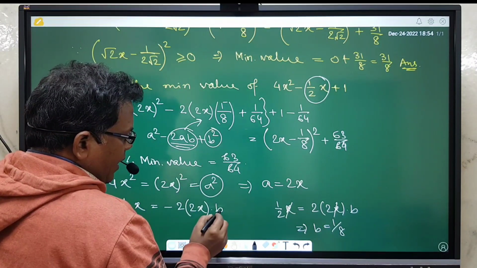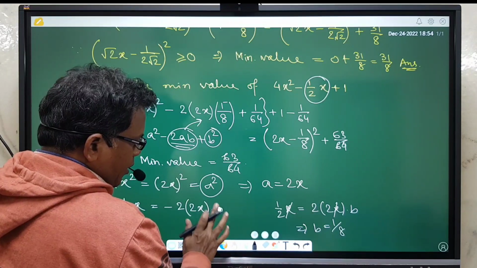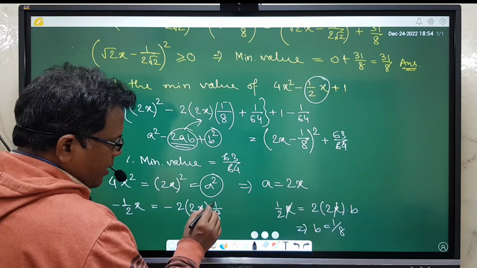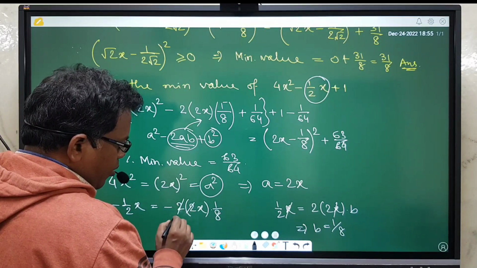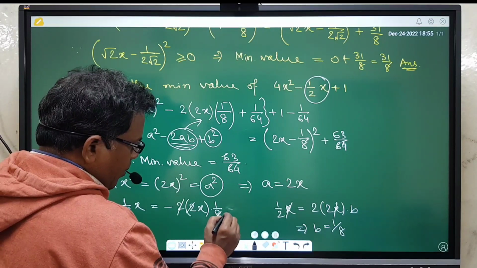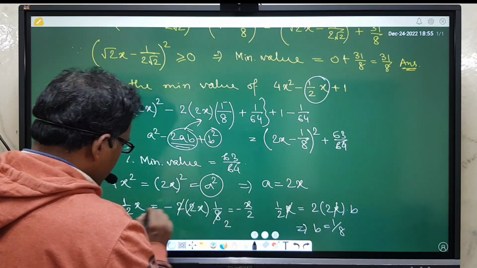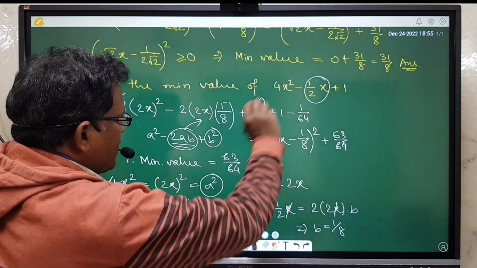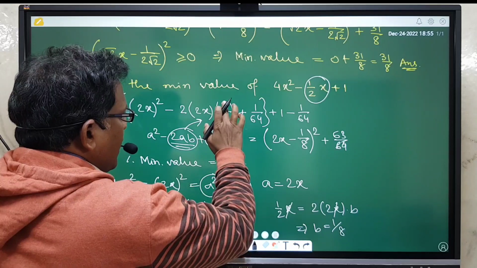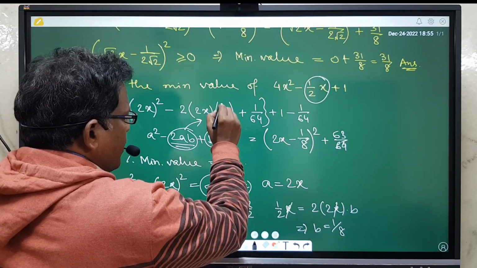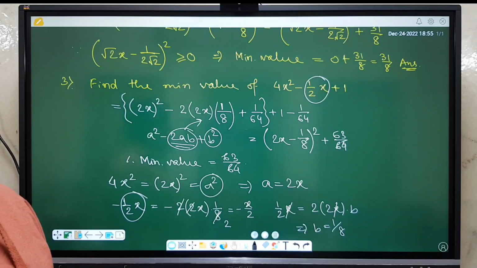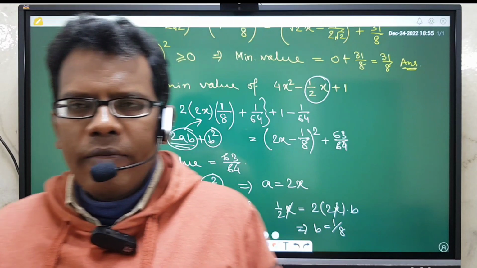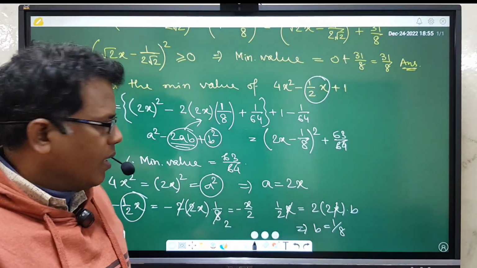So that's why instead of b, I am writing 1 by 8, such that 2 into 2x into 1 by 8, if you simplify this, 2 into 2 is 4, 4 to the 8, so ultimately it becomes x by 2 only. So that means it is giving me the confirmation that if a is 2x, then b must be 1 by 8. And once we confirm b, the next term should be available as b square,